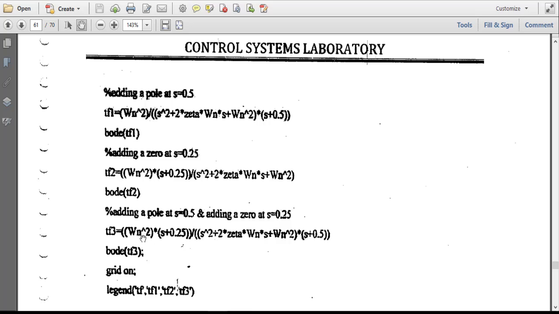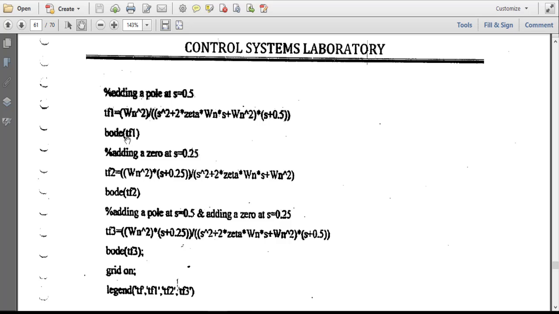So we have three instances. We are creating three different transfer functions, one with the addition of a pole at s equal to 0.5. So you can see in the closed loop transfer function, the denominator has a pole of 0.5, and we are naming it as tf1.